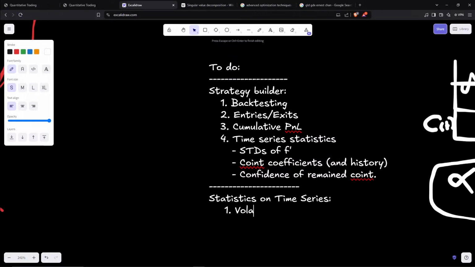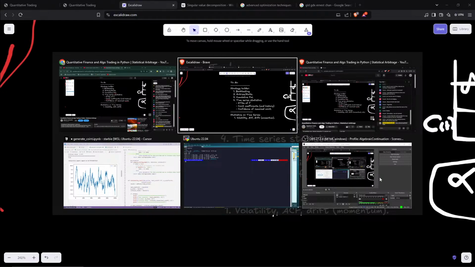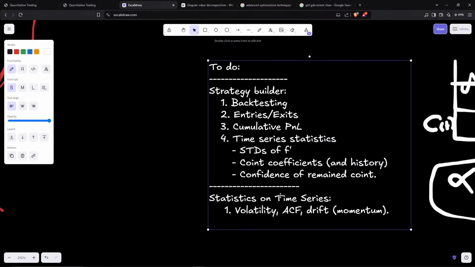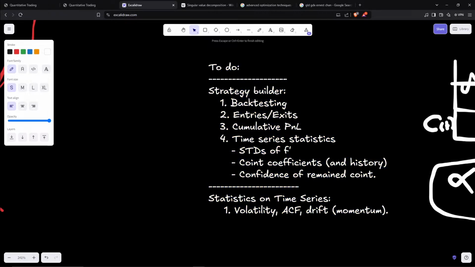Volatility, autocorrelation, drift, kind of like momentum, and a lot of other things. And right now, so these are on the non-co-integrated time series. So on the co-integrated time series, on coint time series,